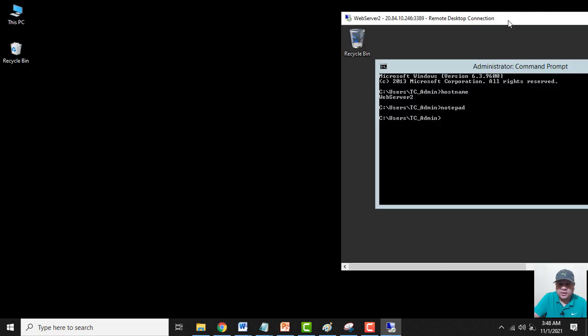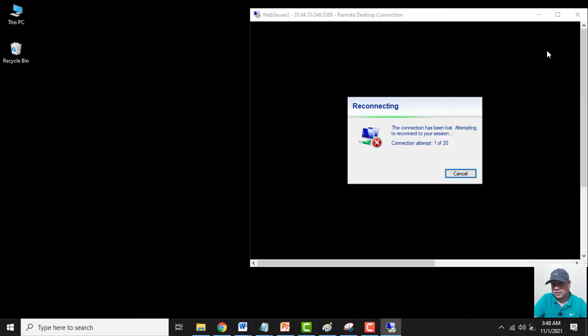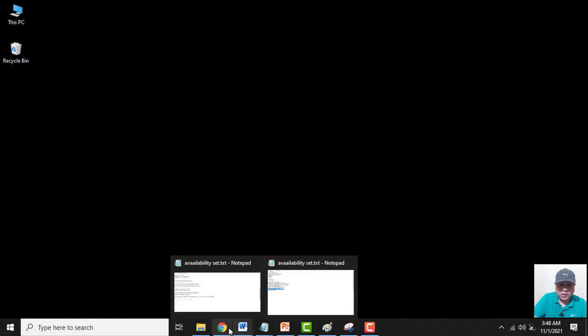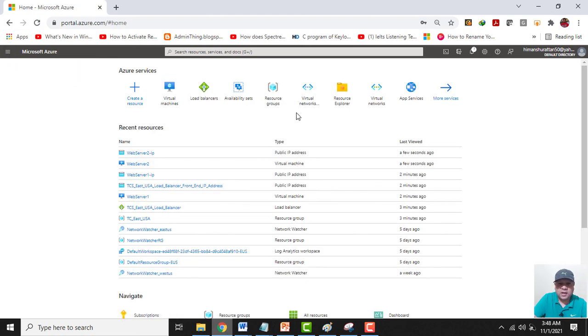Now once it is done, this connection will also be lost. Alright. Now if I have to access these web pages, how will I access them? I will access them through the public IP address of the load balancer.